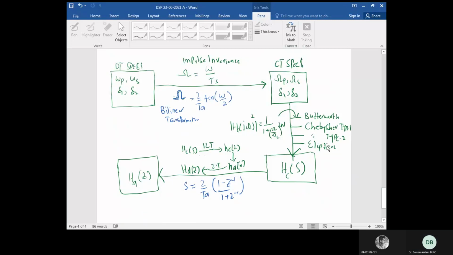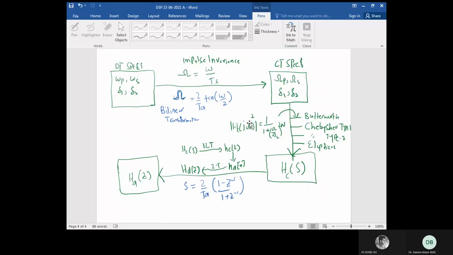So if we see the transfer function of the Butterworth filter, this is the transfer function: |H(jΩ)| = 1 over 1 plus (Ω over Ωc) raised to the power N. यहाँ पे देख लें, आपके पास 2 important factors आ रहे हैं: Ωc is the cutoff frequency and capital N is the order of the filter. So you have 2 distinct parameters in the Butterworth design. One is the cutoff frequency, the other one is the order of the filter.